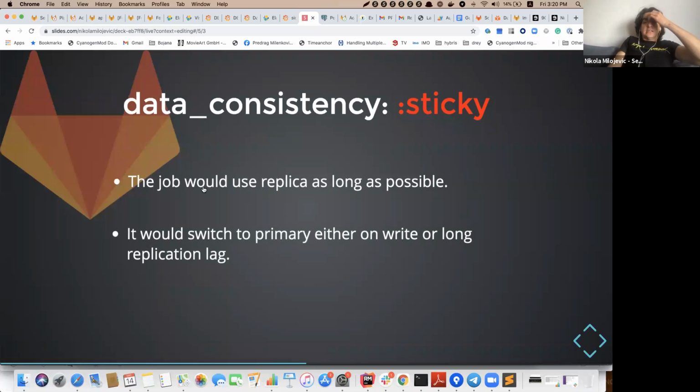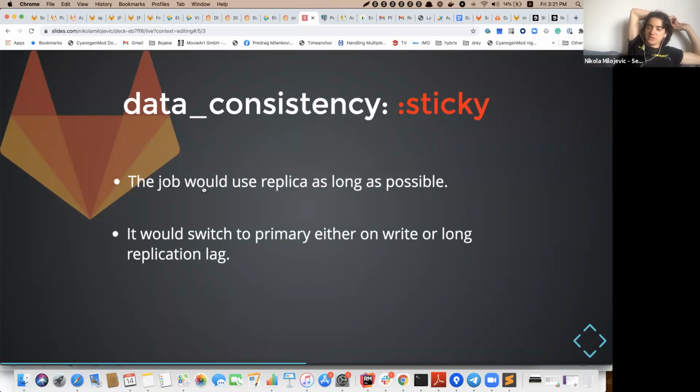Still, we can have a bug or something, so in case a write is happening on that worker, we will fall back to the primary. Or in case the replica is not caught up to the write ahead log, we will still fall back